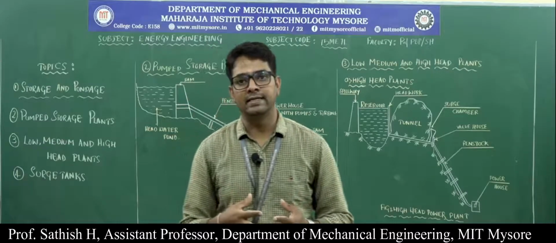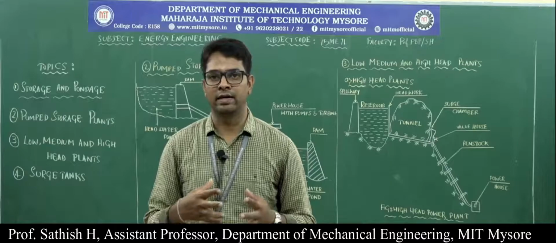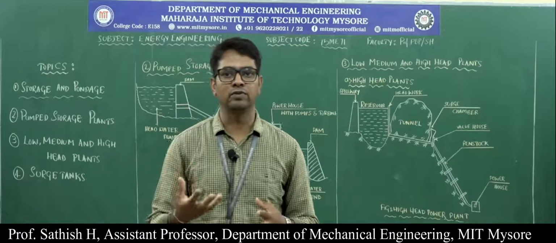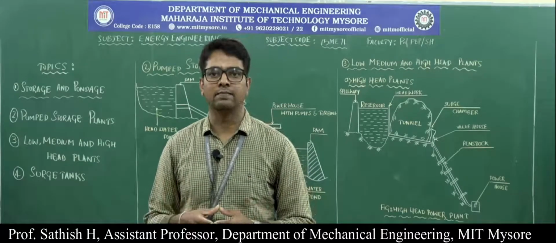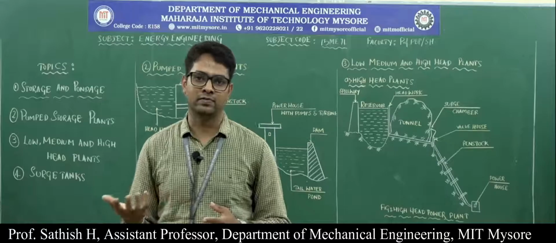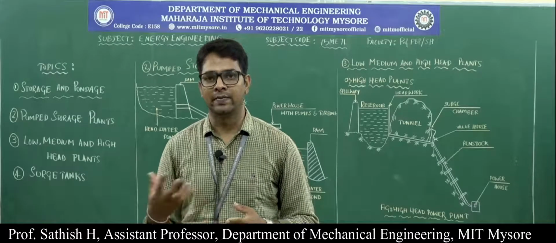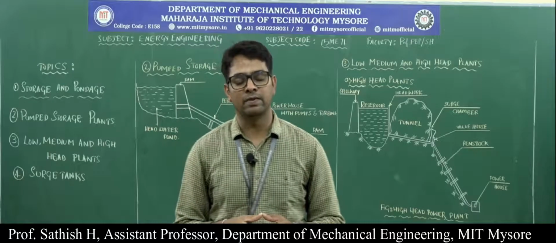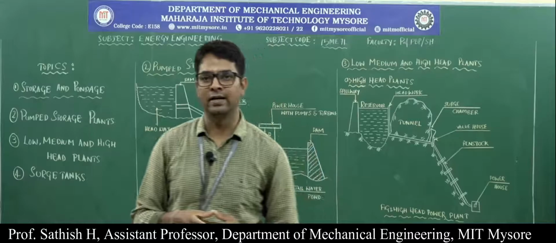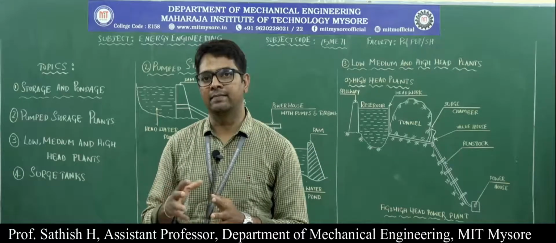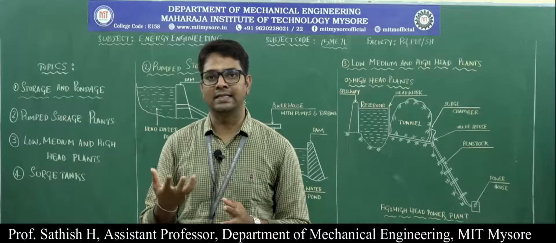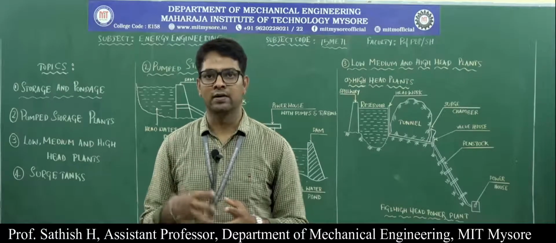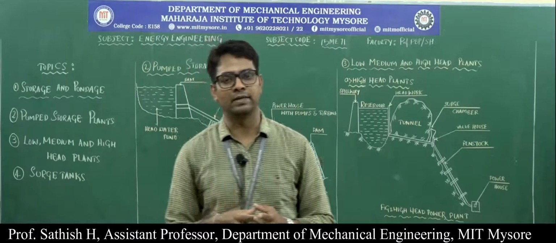During the night times, between evenings, 6 to 10 o'clock, most of us are at home and we use a lot of electricity. For example, we switch on various home appliances, such as the television, and all the kitchen appliances will be running. Also the electricity demand from the industries will be very high. So during the night time, the demand for electricity is very high, and we call it the peak load condition. So the electricity demand from the hydraulic power plant is very high.